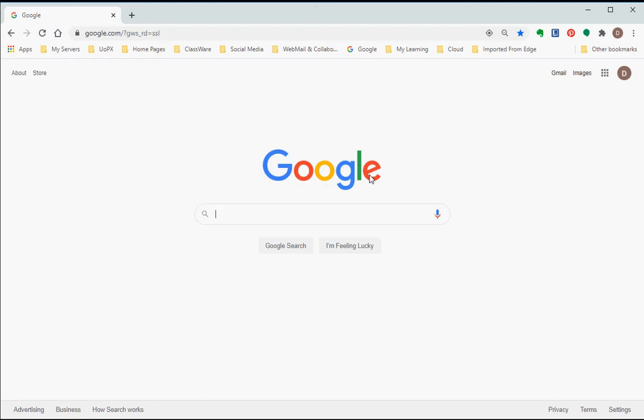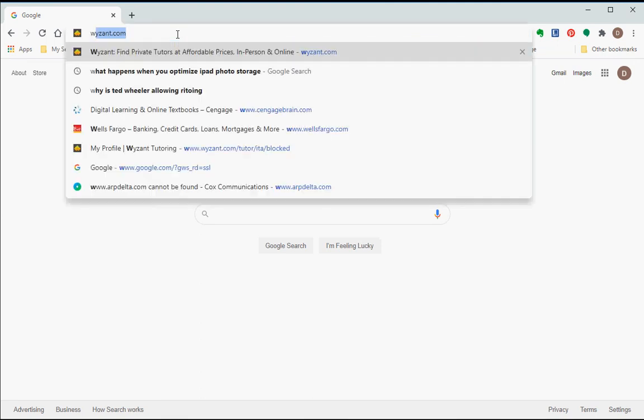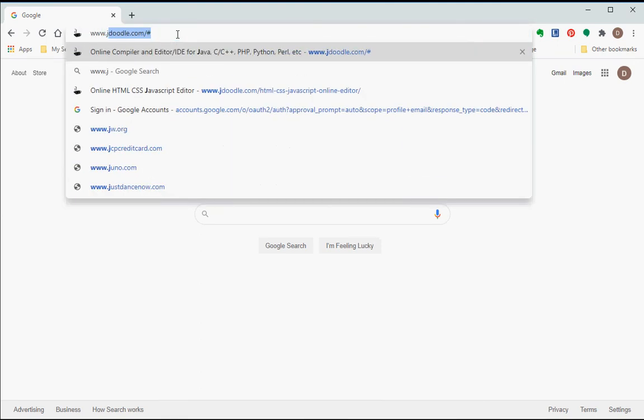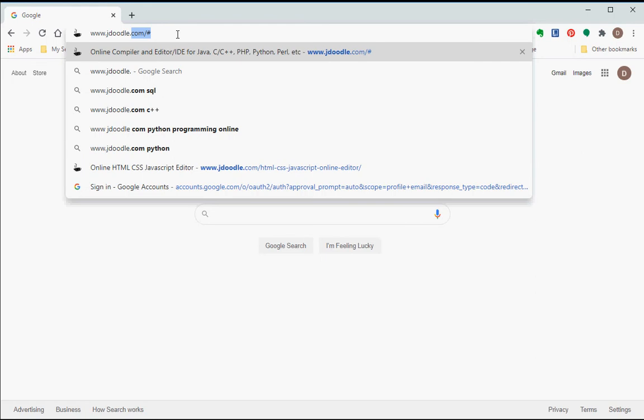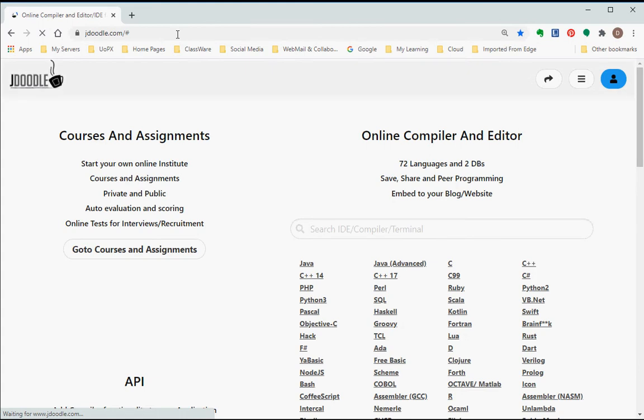The purpose of this video is to introduce you to an online code editor that you may find very useful in this class. It's called JDoodle, and it can be found at JDoodle.com, and you will get this code editor